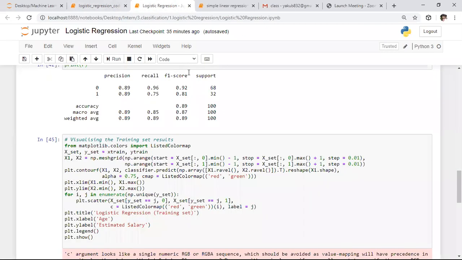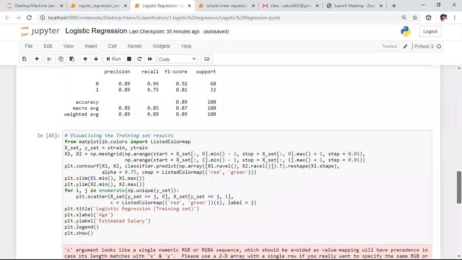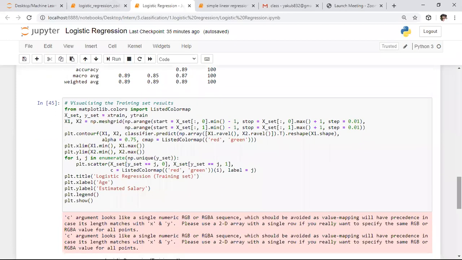So here, coming to our code, next we need to visualize the data. To visualize this data, I am taking the different modules from matplotlib. Here I want to visualize the different samples with different colors, and for that purpose I took the ListedColormap.